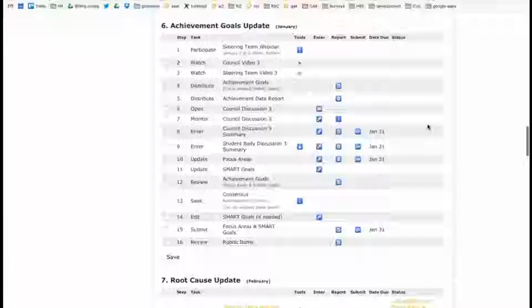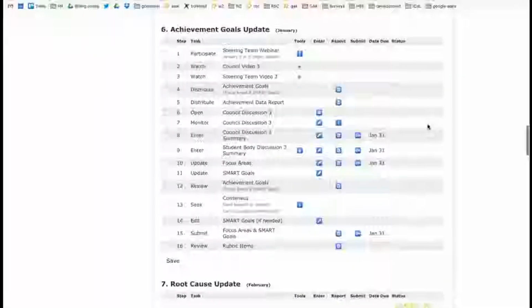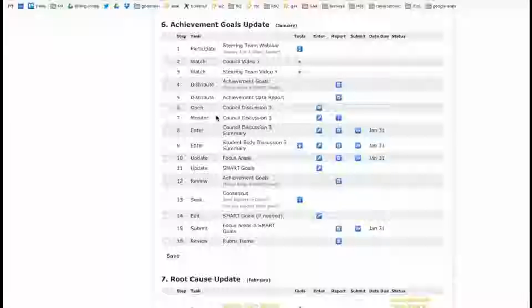and make sure everybody knows all the features. So I'm in as one of our demonstration schools, and I'm here on our VTA process page. This school is an Update 3 school, so we're in Section 6. It might be different if you're Update 1 or Update 2, but you're going to want to scroll down to